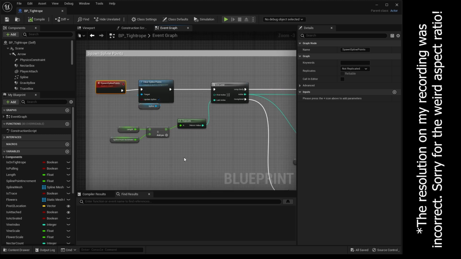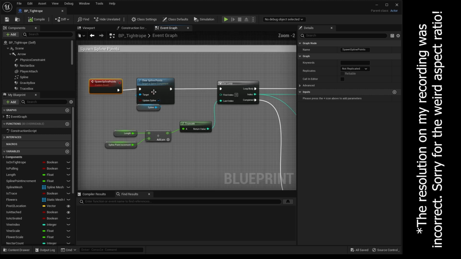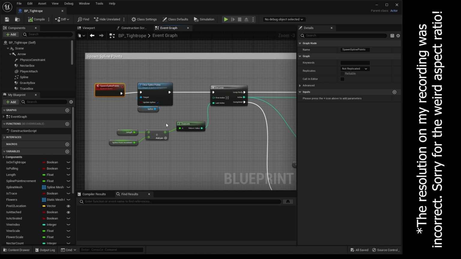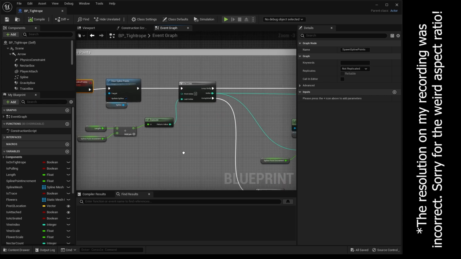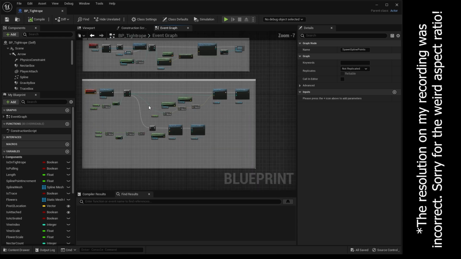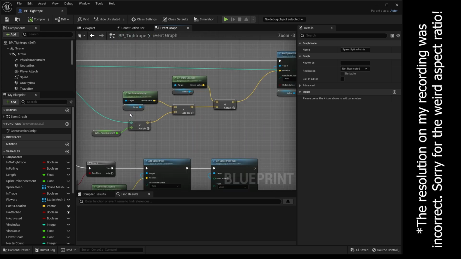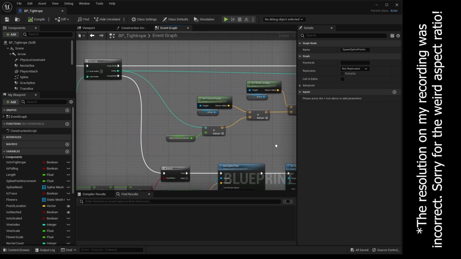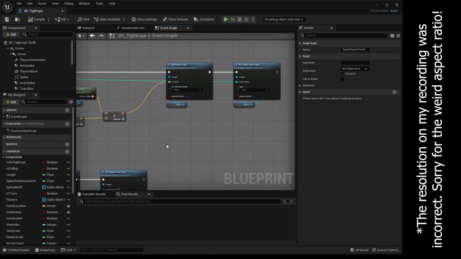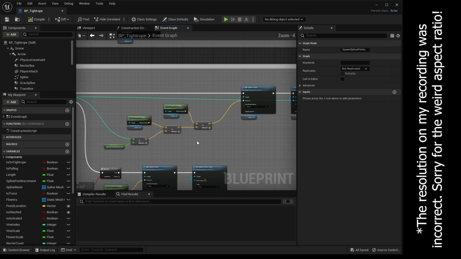So to make this tightrope, I'm using spline points, and I wanted to be able to create and move the tightrope to different points, which is why I clear the spline points every time. And then when I want to spawn the tightrope again, I create these spline points from scratch again. This is just adding the spline points, setting the spline point type to linear because I didn't want them to have weird curves going on. And I just spawn a spline point every